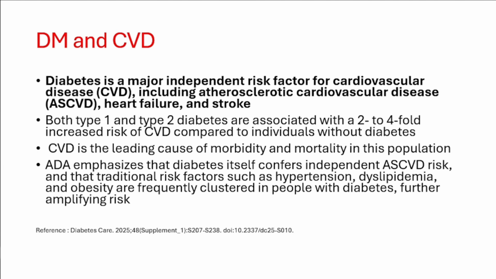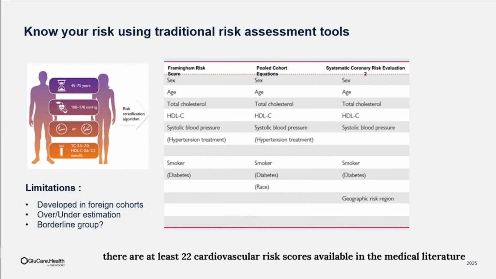Patients with diabetes typically carry multiple risk factors, such as hypertension, dyslipidemia, and obesity. Everyone knows that patients with diabetes don't come with only one disease. It's like a combo. And it's difficult to convince patients to change lifestyle and to use medications. Traditional risk scores have been used for years. I remember when I was a student, we used to use Framingham, UKPDS, and now the American Heart Association